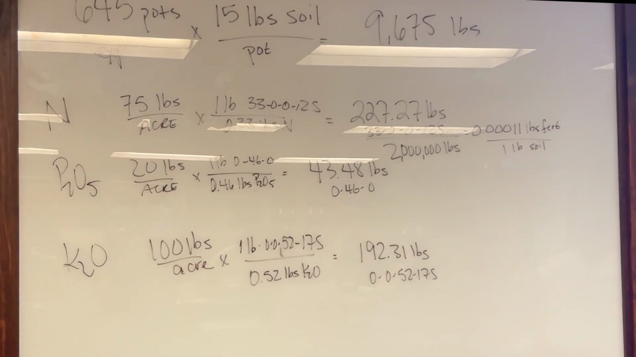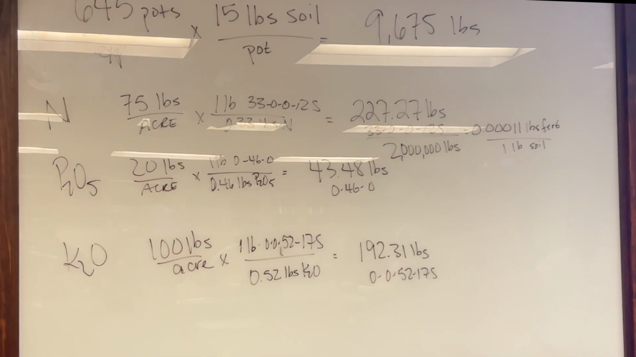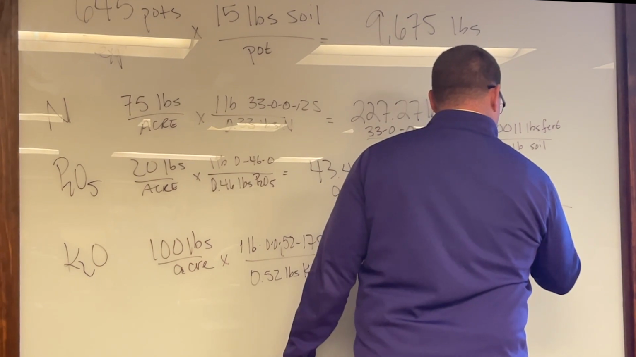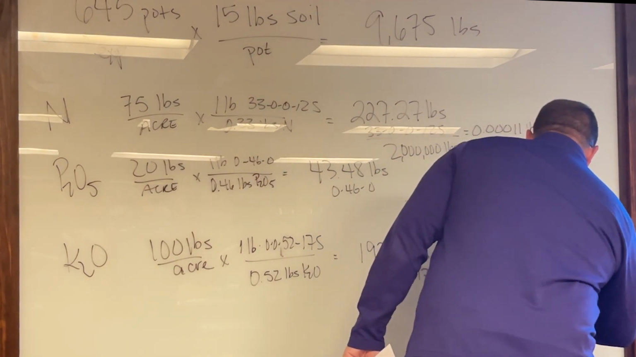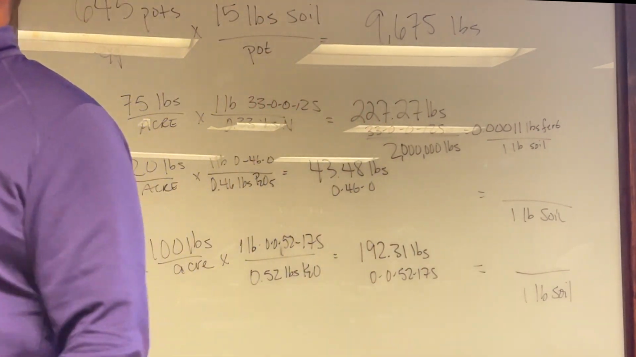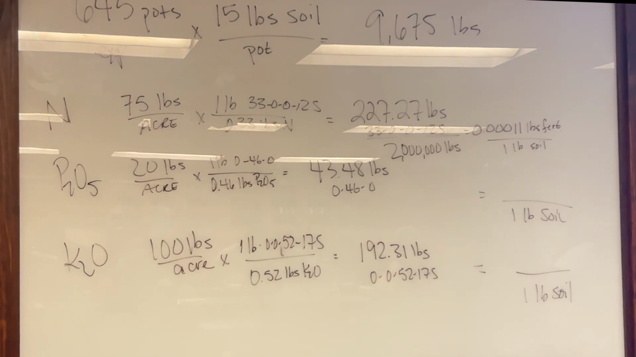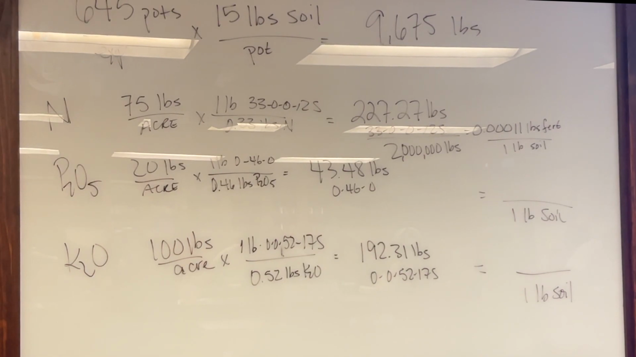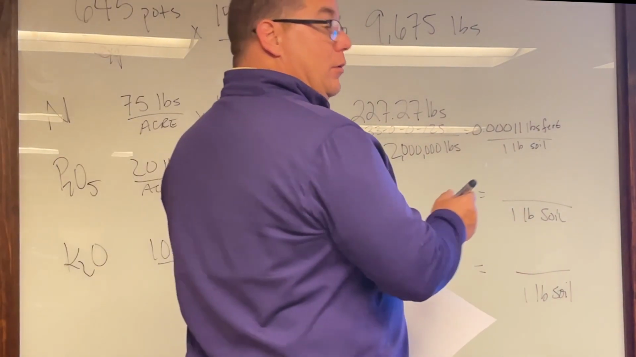And so let's go ahead and do the P2O5 and the K2O. 4 zeros in this one. And then